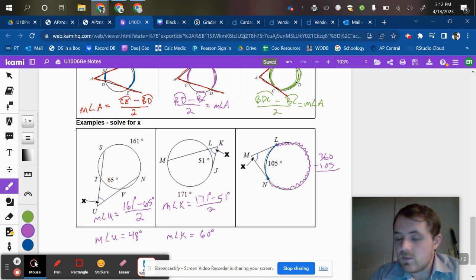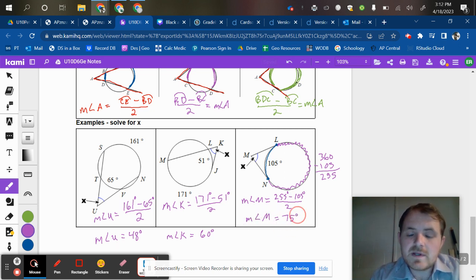So that 105 taken away gives you 255. So when I subtract them, I can now find my angle X. So the measure of angle M in this case is going to be 255 minus 105 all divided by 2. When I subtract those, I will get 75